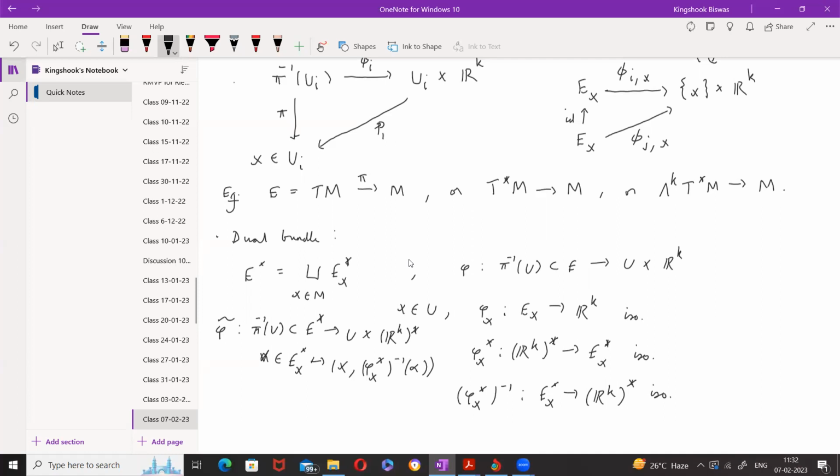So this map will be a bijection, and then I can use these bijections to define a topology on E star by declaring these phi tildes to be homeomorphisms, so that if I have a point in E star, then a basis of neighborhoods of that point will be given by taking the inverse image under phi tilde of a basis of neighborhoods in U cross RK star. Okay. So that will define a topology on E star. And then it's not hard to see that